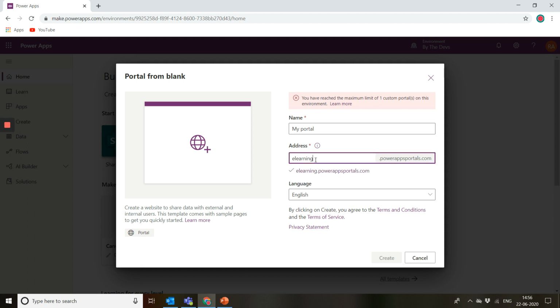So whatever I am entering as URL here, it should be globally unique. And if it's not unique, it is not going to allow you to create this portal. Since we already have this warning, like you have reached the maximum limit, this create button is disabled. But if let's say I enter something like